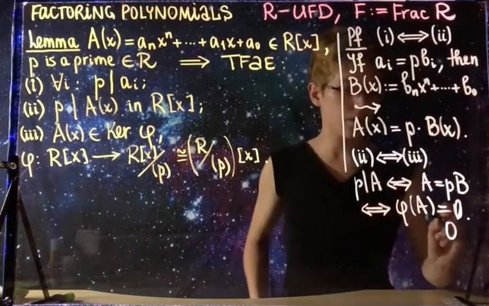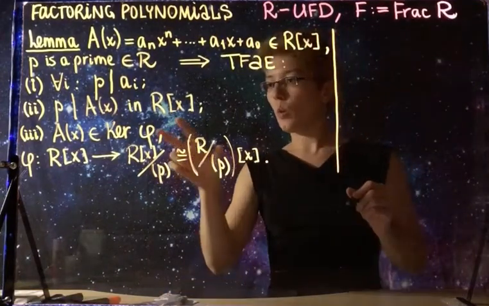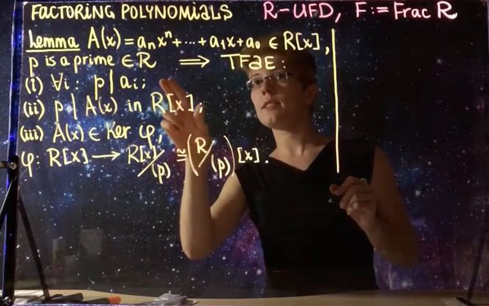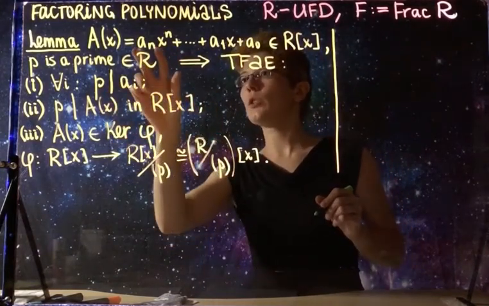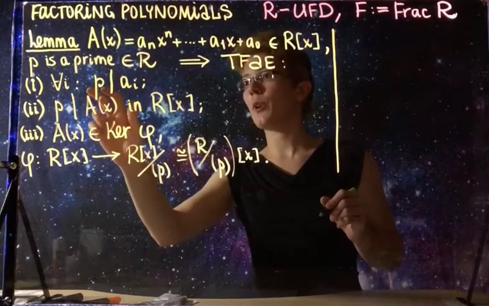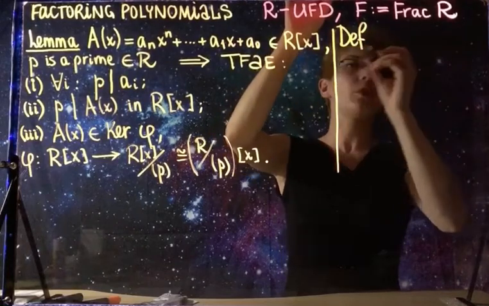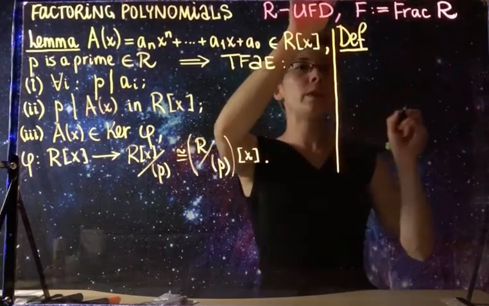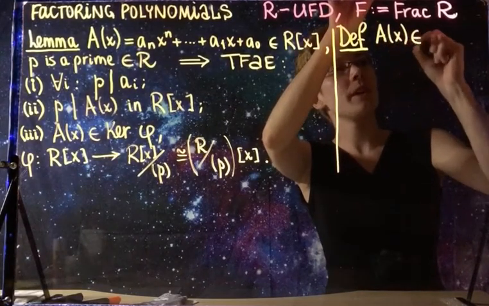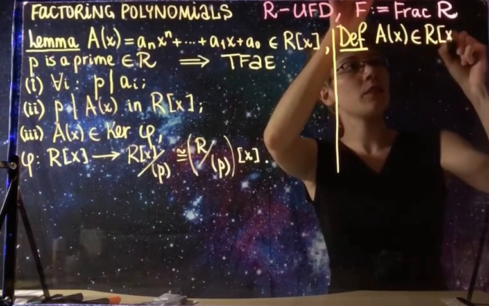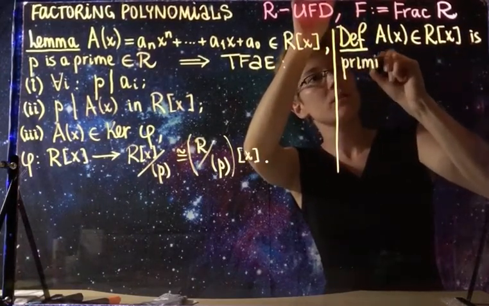And this concludes the proof of this lemma. Based on this lemma, we know that it is only interesting to study these polynomials whose coefficients do not have common prime factors. And therefore, we formulate the following definition. We say that the polynomial A of x in R adjoint x is called primitive